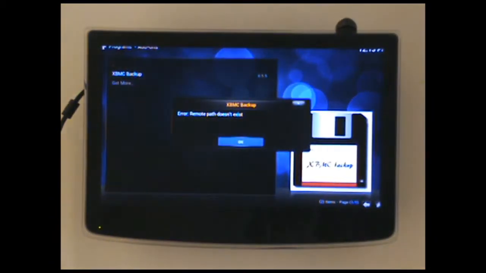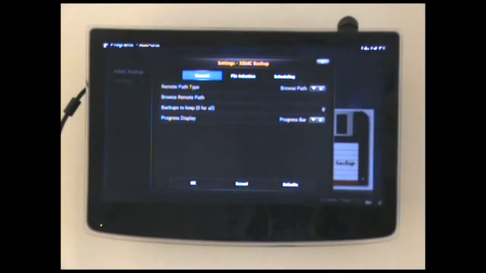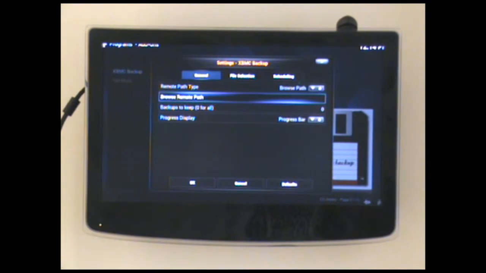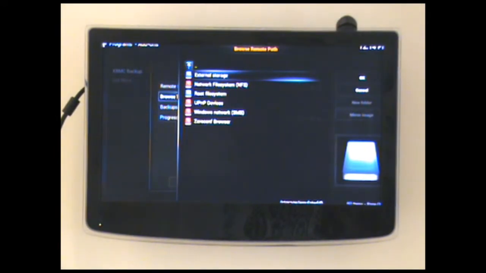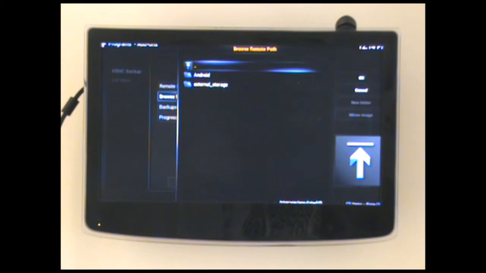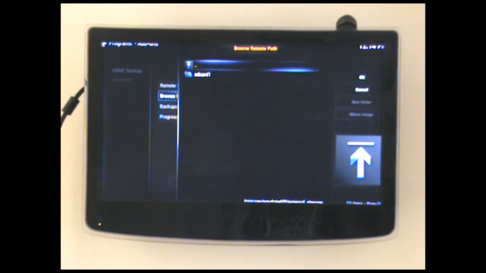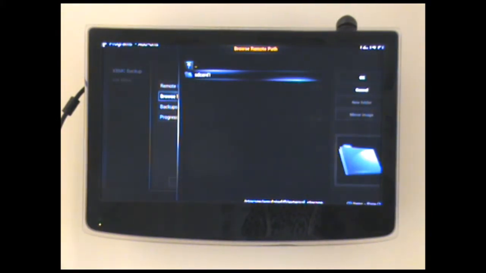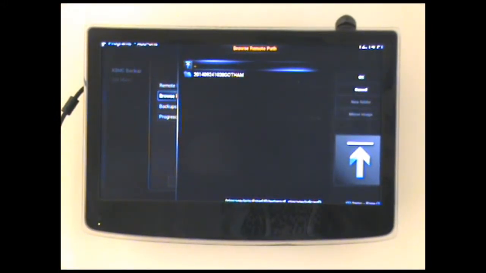and it will say error, remote path doesn't exist. So we click OK, and I come down to browse remote path. Click the OK button, and we're going to go for external storage. Select that, click the OK button, again select external storage, and as you can see it's showing SD card 1. So come down to that, click OK, and then what you do is you select,